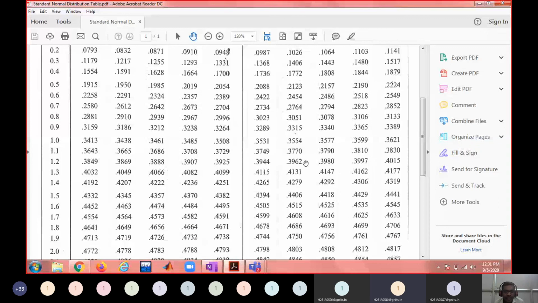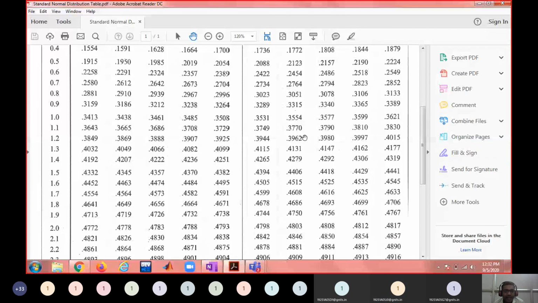So if the value does not match the probability values given in the standard normal distribution table, then whichever area is closer to the given probability, the corresponding z value you have to take. Sometimes the area may be exactly in the middle of two values. Suppose the area is 0.3780. It is in the middle of these two values, 0.3770 and 0.3790. Can you see that?